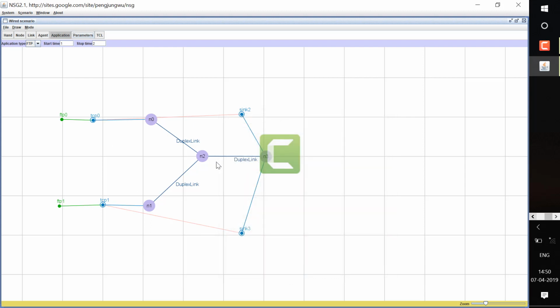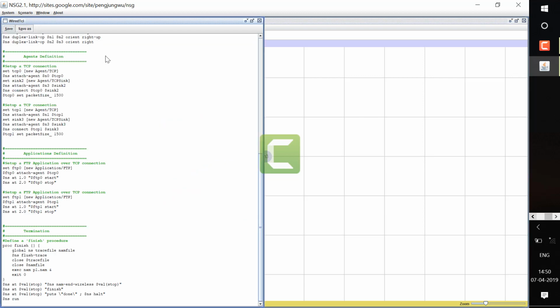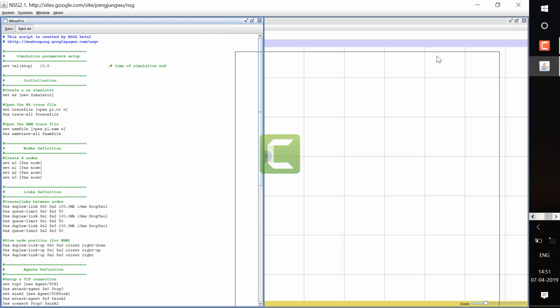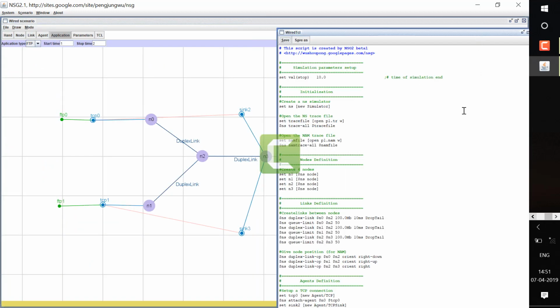After creating this wired network, let's click on TCL. Then you can see the code that is generated for this network. Let's see what this code is. Initially we have created 4 nodes, which are defined here. Then there is the creation of links between nodes.